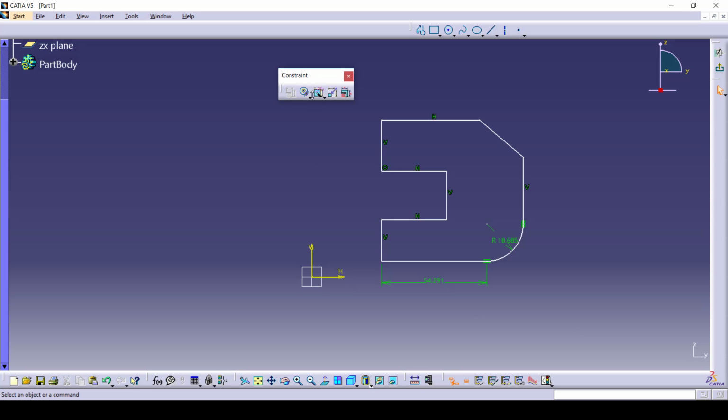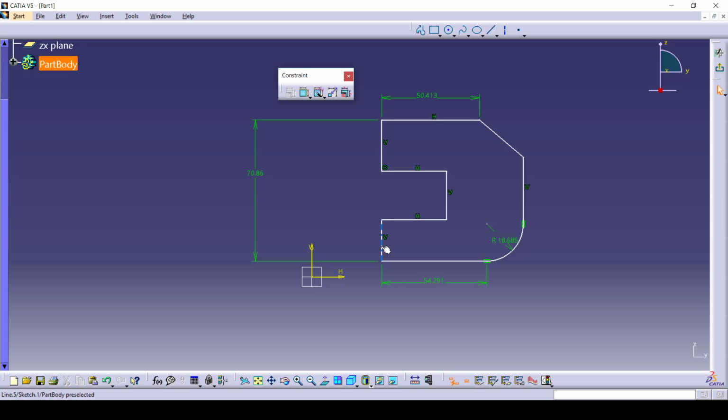Now you have one more option here called constraint. Okay, that is constraint define dialog box. This is constraint. Select this constraint and select the element. You will get the length. Now if you want the distance between these two, so just select these two elements using control and give constraint. So you will have distance.